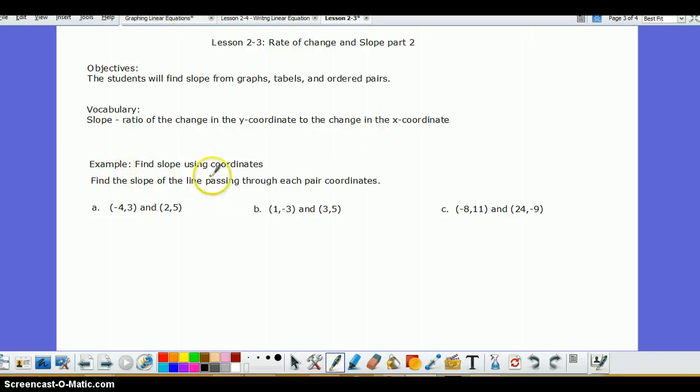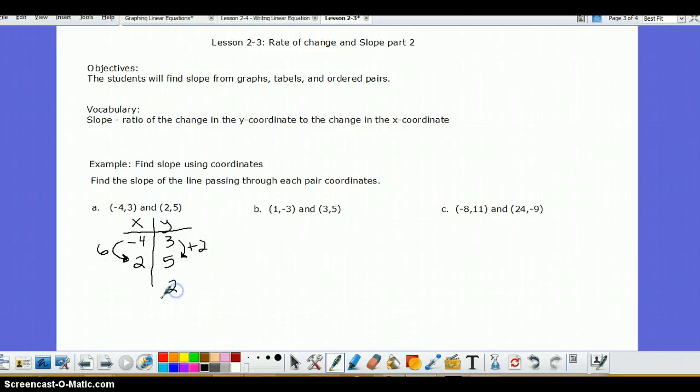So find the slope of the line passing through each ordered pair. Instead of using the slope formula, I have found sometimes it is just easier to use a table. So I have -4, 3, 2, 5. The change from 3 to 5 is +2. The change going from -4 to 2: from -4 to 0 is 4, 2 more makes 6, so it's going